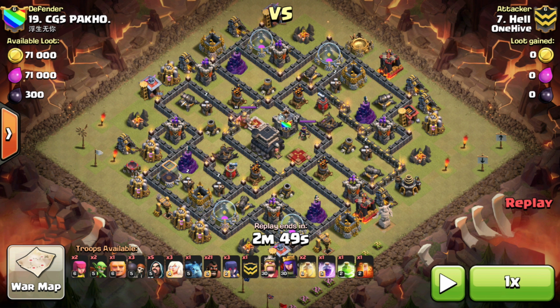And this one's going to highlight some of the things we've talked about in some of the theory craft videos lately about the Lava Hound in the CC, different ways to deal with it, and which one might be better depending on the base. Both of these attacks are cleanup attacks, by the way, so both attackers knew that there was a Lava Hound in the CC. Hell was the first one to try it, and he did send in a few hogs,